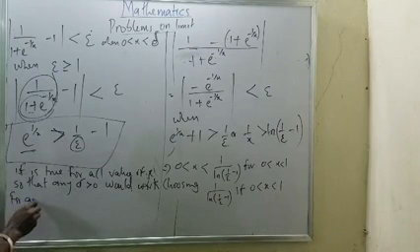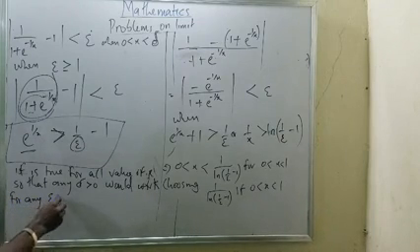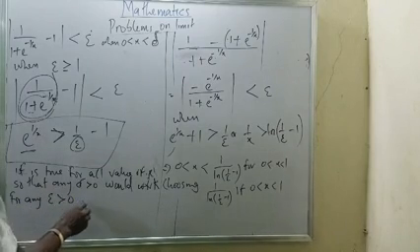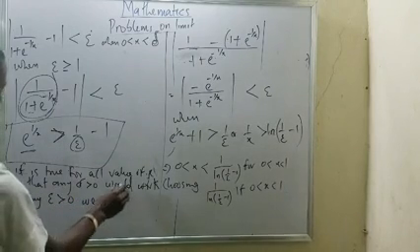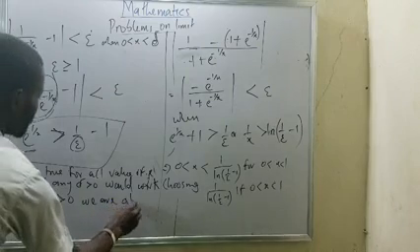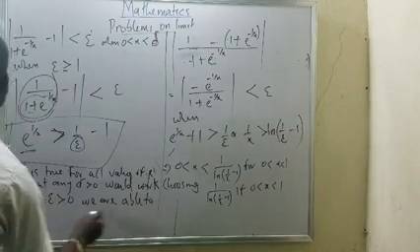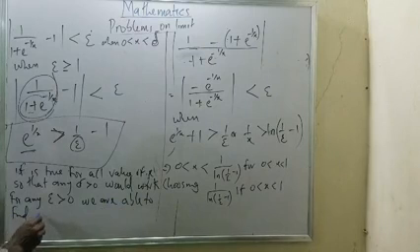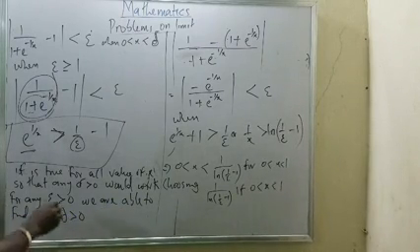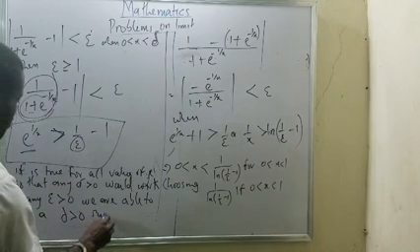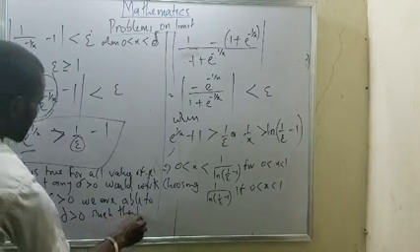For any epsilon greater than 0, we are able to find a delta greater than 0 such that